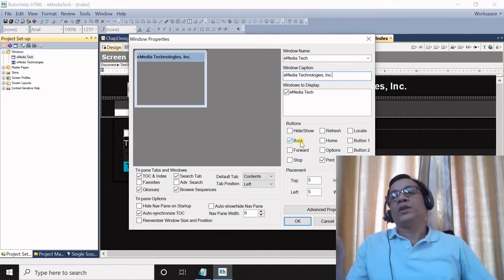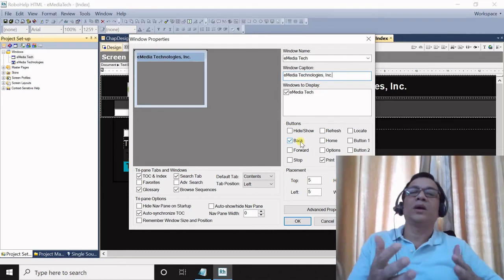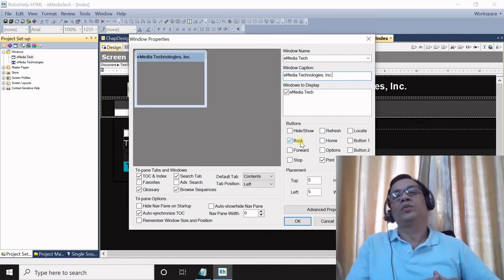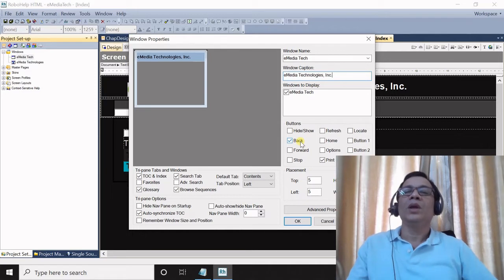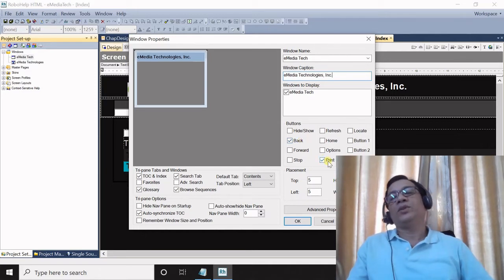If you select back, this means that wherever you are browsing in help output, you can go back to the previous screen or page. And if you have this option print, you can take out a print of the help topic.